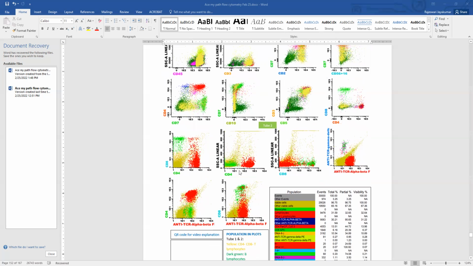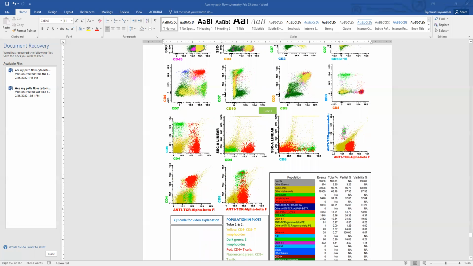So in our second tube, we have some T cell markers, and we have alpha beta and gamma delta. I apologize here. Again, the population is shown in the same color, yellowish orange. However, all the other viable cells are in this light green, and it is hard to appreciate this as a distinct population. But please try hard and see that you can see the orange population here behind these viable cells. So basically the 4 and 8 double negative T cells are here, and these are the background normal CD4 positive cells and CD8 positive cells.